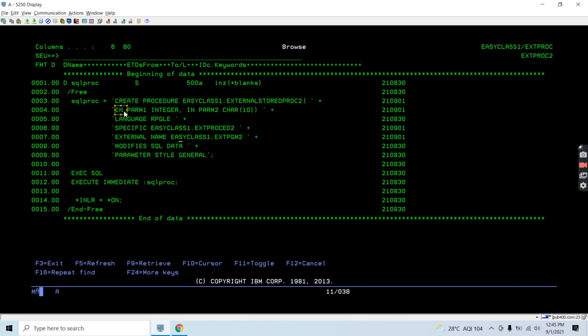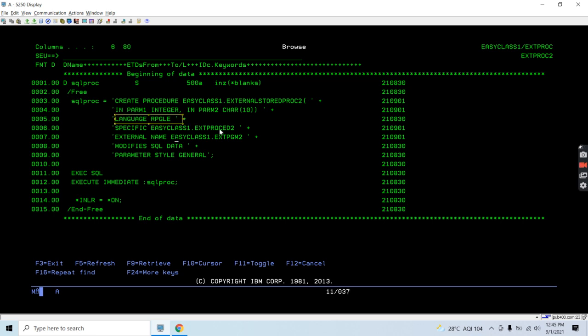So IN is optional here; if you want, we can write it. We just use this to denote that this is an input parameter, so that we can differentiate between the parameters, what all are input parameters we are taking to the stored procedure.